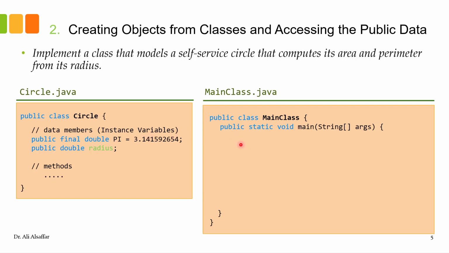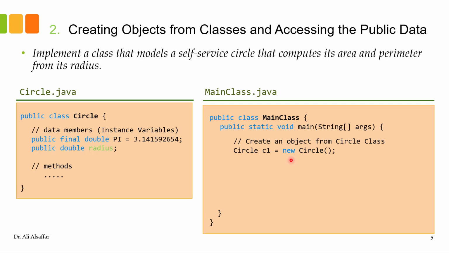Your program will start in this class. So basically at the moment we have two classes, one for circle and one for main class, but we will start in main class. So how to create an object from circle class? The syntax is as follows. First, you type the class name, followed by a variable name, and later we will call it reference, equal, and then you write the new command,